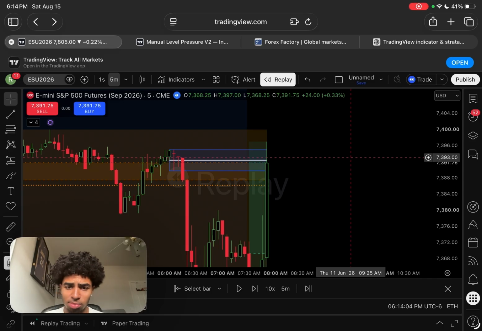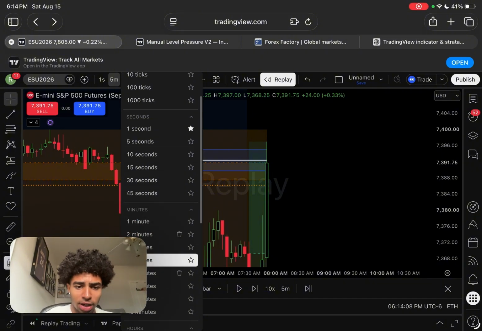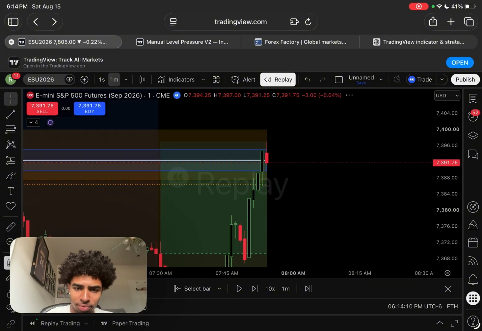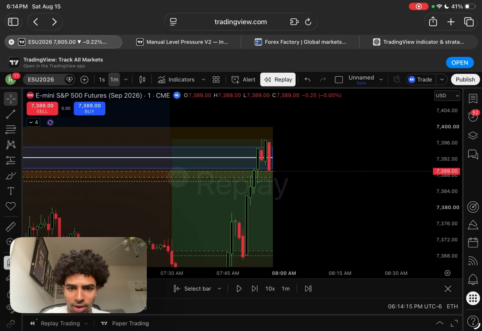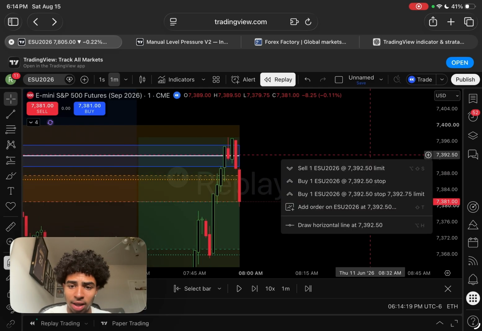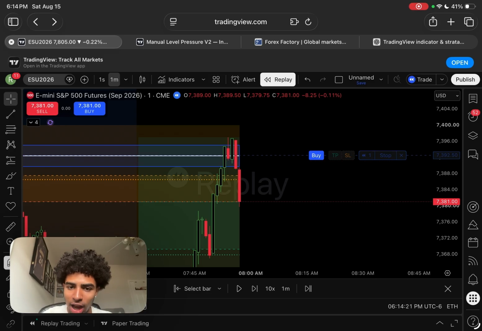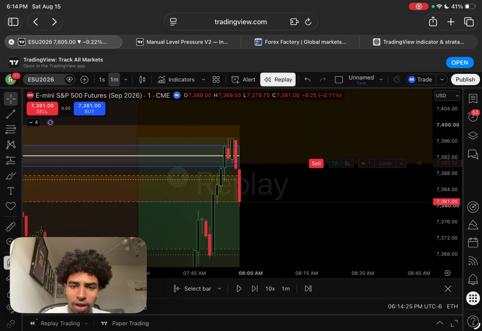So what can we see? Price respected this midpoint, and we can go down to the 1-minute time frame. See our little rejection. Is price really pushing down? All right, that's really pushing down. I will place a sell trade. And when we trade off a break and retest,